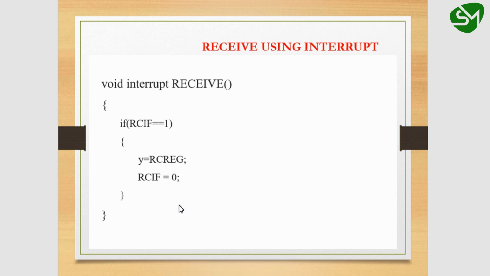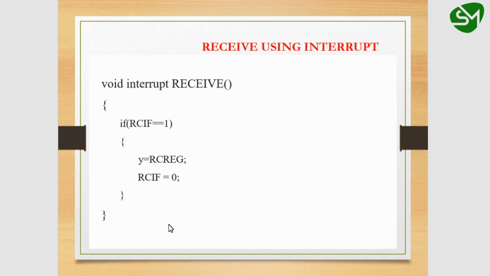This interrupt function is used for receiving 1 byte of data from UART communication. As we know, this is an interrupt function, so normally the control will be in the main function of the program. Whenever data is completely received in the UART bus, the controller pauses whatever it is doing in the main function, and the control comes to this interrupt function. It checks this flag and stores the data in the variable, and once we clear this flag, it goes back to the main function and resumes the process it was doing there.